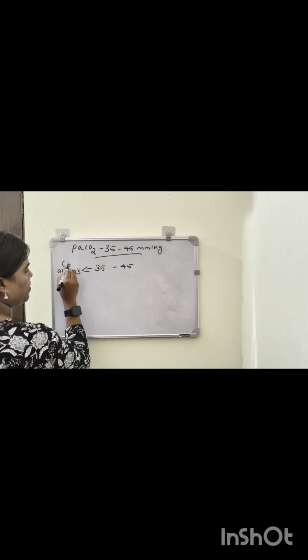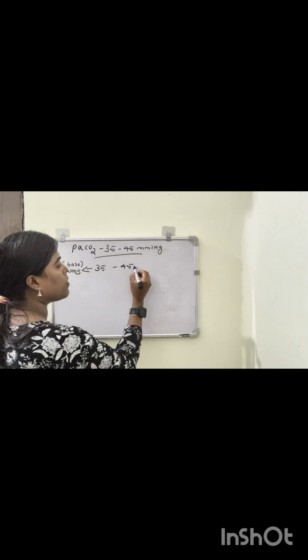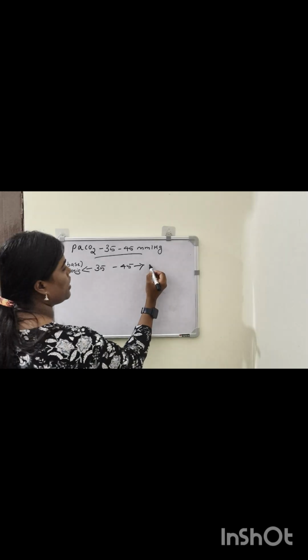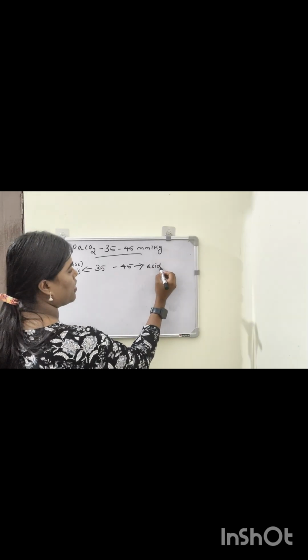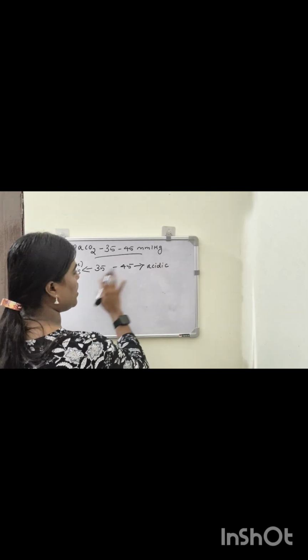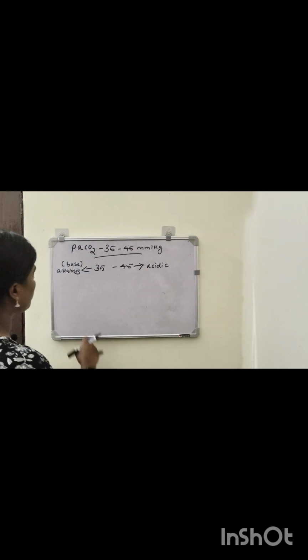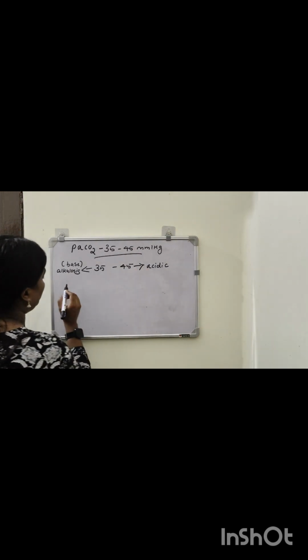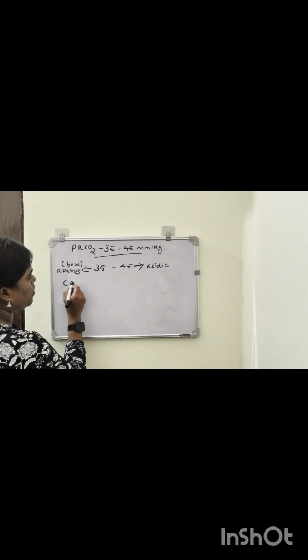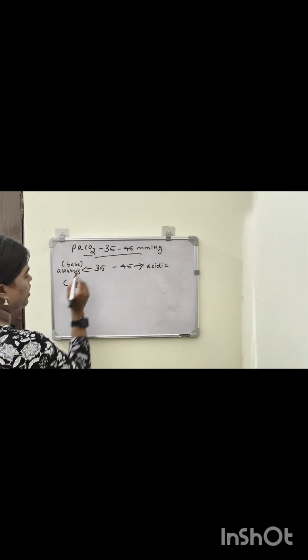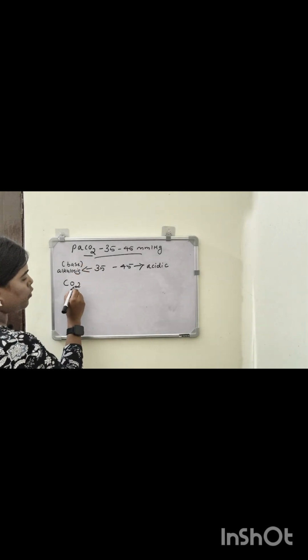It is base. If it is more than 45, then it is acidic. This condition is just opposite to the pH. Why? The CO2, carbon dioxide, when it comes out of the cell,